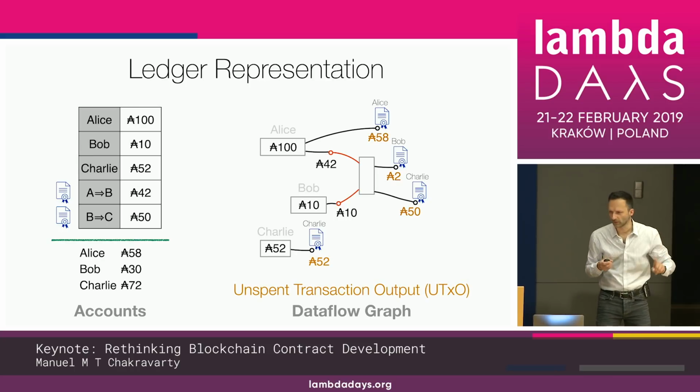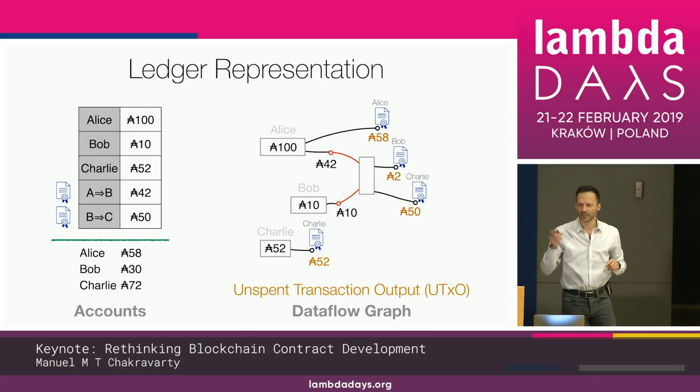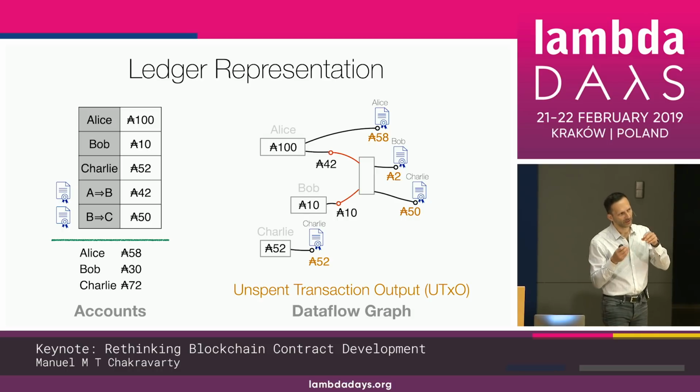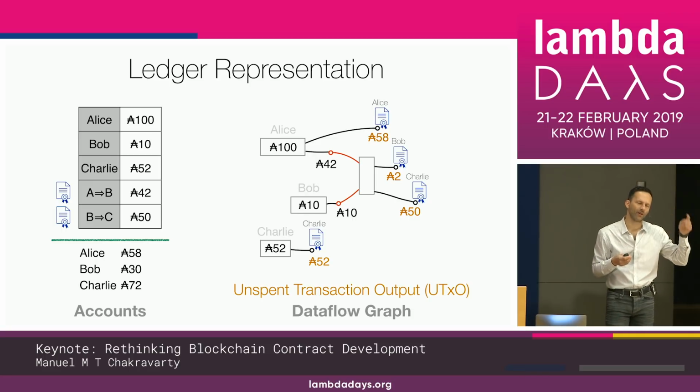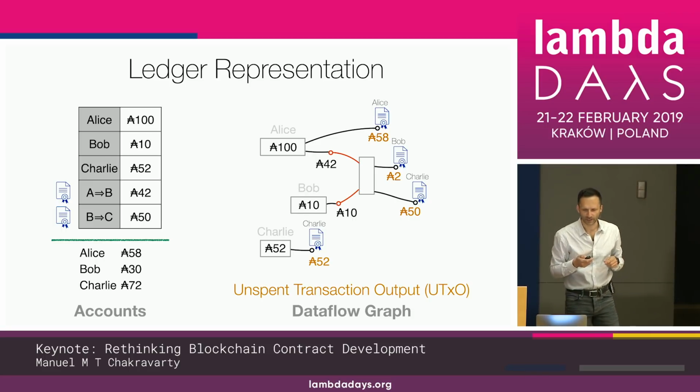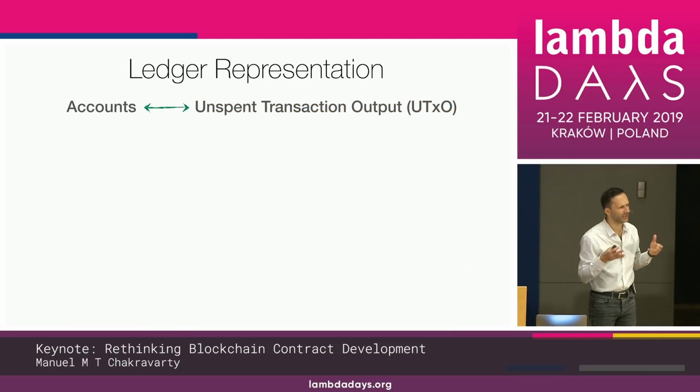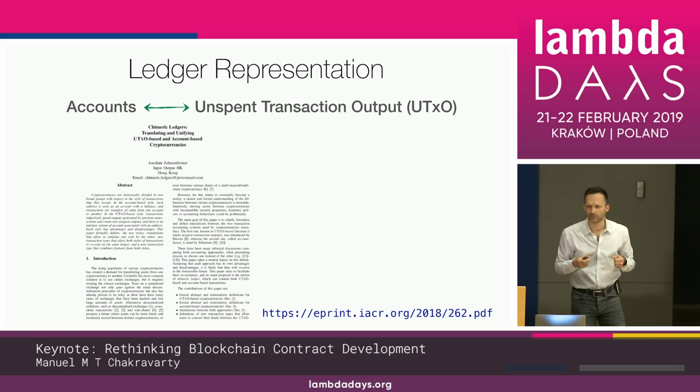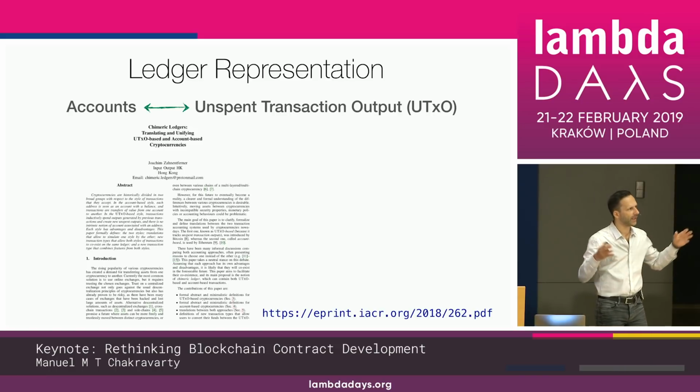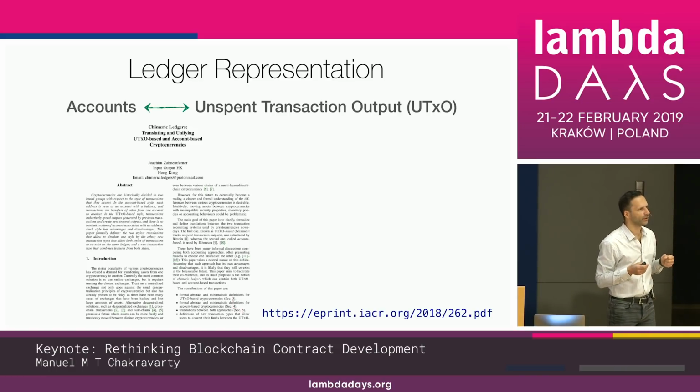So I'll get to the science in a moment. Terminology: these outputs, the funds which haven't been spent yet, are called unspent transaction outputs. That's a term I'll be using all the time, so I want you to know it. But what about the science? Does this really match up? So we got the formal methods team to produce a paper about it, and there is an interesting correspondence between the two, and if you want to know all about it, well, read the paper.